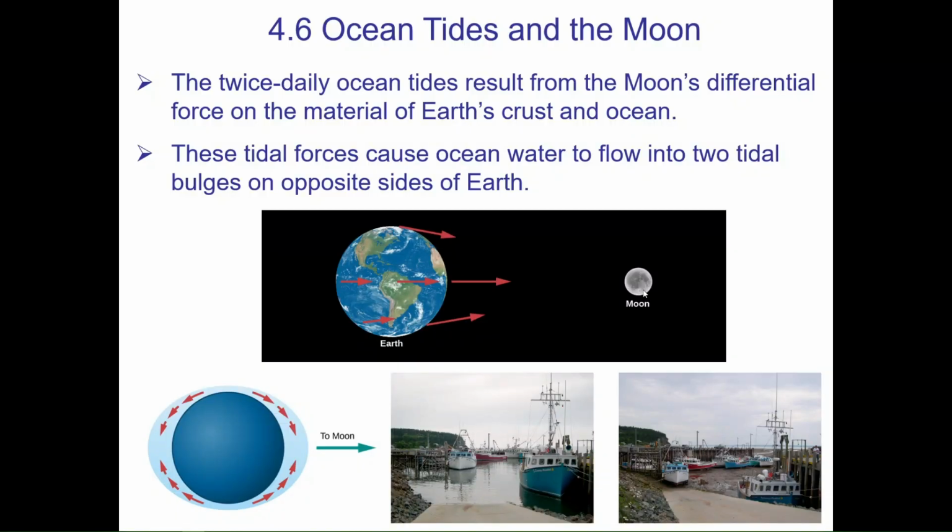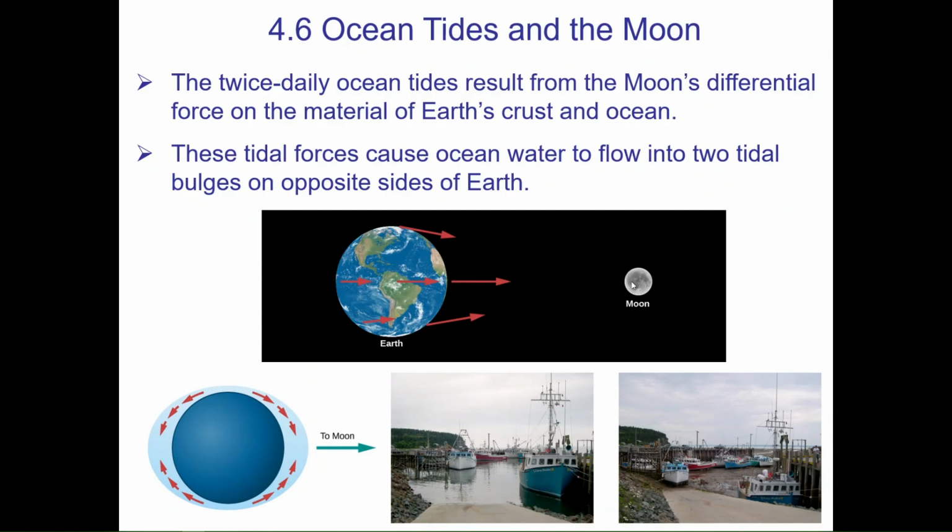If you look at the relative location between the moon and the Earth, again, this is still not to scale, but the size of the Earth compared to the distance between the moon and the Earth is not too small, so that if you still remember the force of gravity we talked about, the force of gravity actually depends on